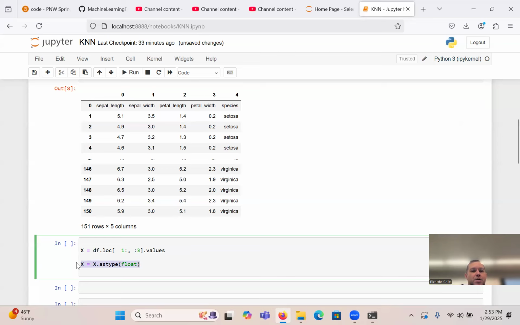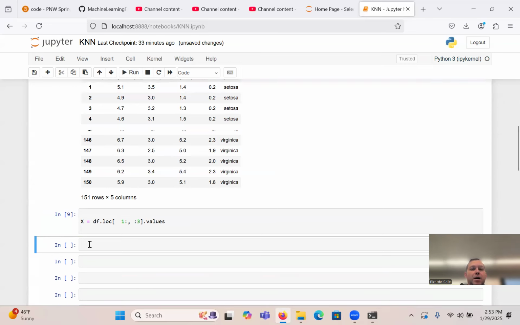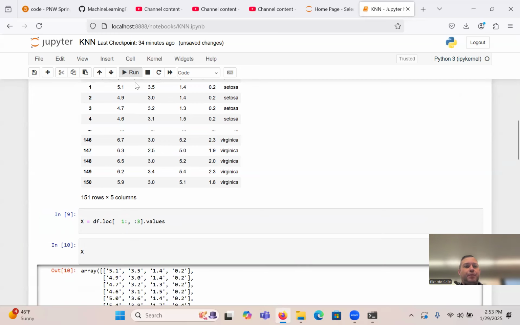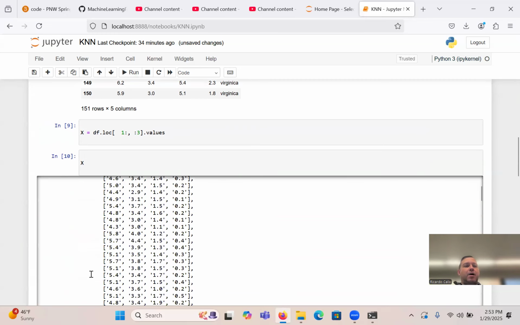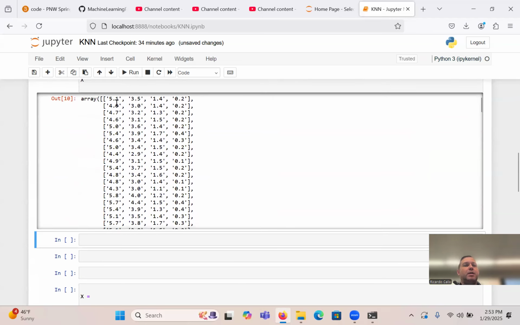So let me take that out for now. Let's run it first to see if it works. Okay, it ran, no issues, perfect. Now I like to look at the data. It's a big habit I have of just always looking at things. So now run X. And you can see X now does not look like the pandas data frame anymore. It looks more like this. So you have numbers,